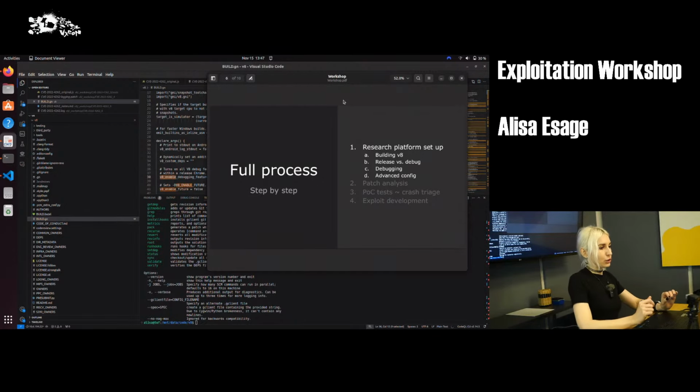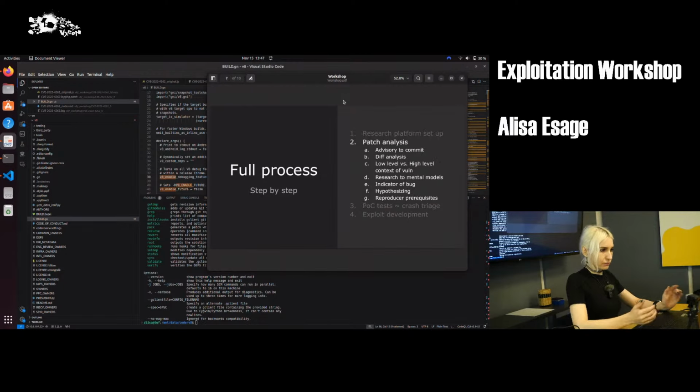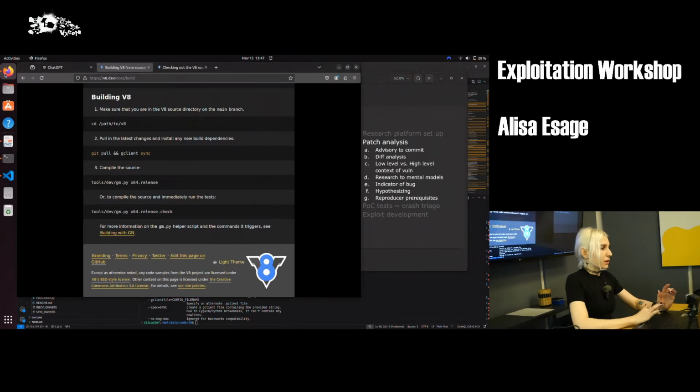Now we're going towards the patch analysis. Patch analysis also consists of multiple steps that I'm going to show you, and feel free to follow what I do and try to come up with your own ideas, maybe how you could do something better or investigate something in the process. Normally, Google publishes its security advisories